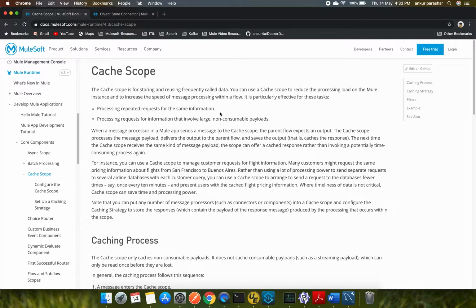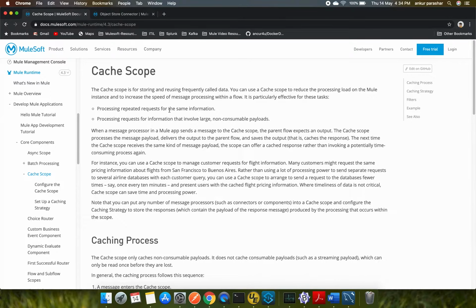So for that, storing and reusing is done by using the cache scope. We can use cache scope to reduce the processing load on the Mule instance and increase the speed of message processing within a particular flow.